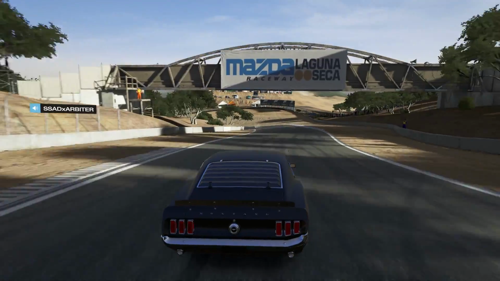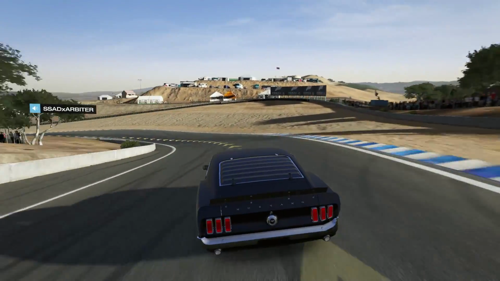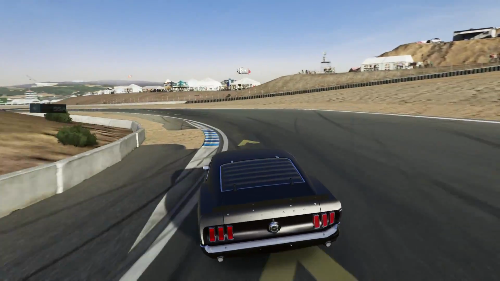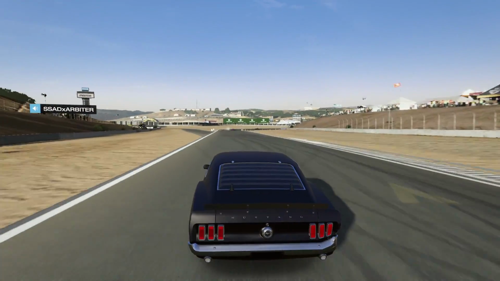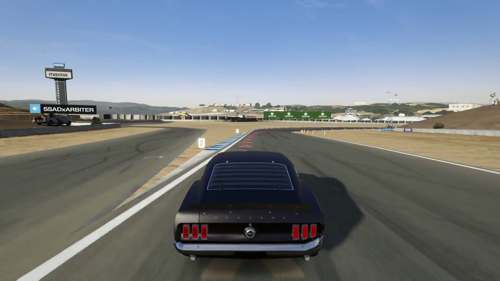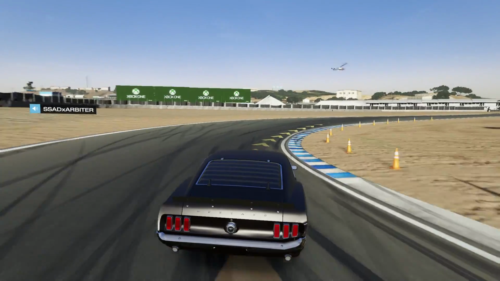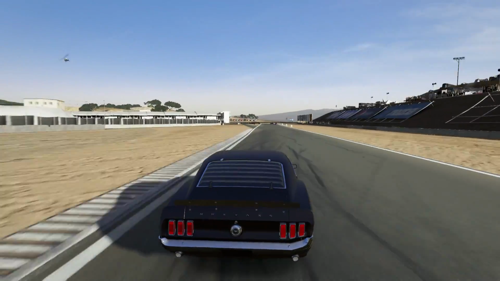I'm not just talking about nighttime only, maybe sunrise, sunset, dusk, noon, all these different times of the day change the lighting of the game. And the lighting engine in Forza 5 is pretty phenomenal. Seeing the reflections off different areas of the cars during the different times of the day would be an amazing